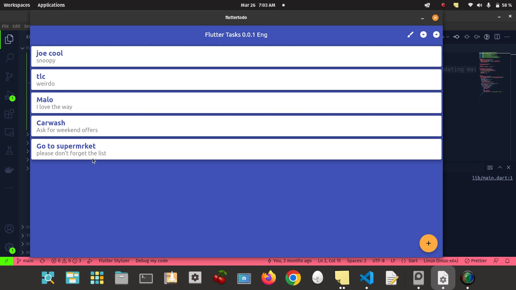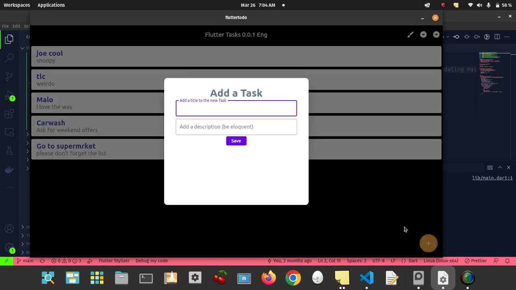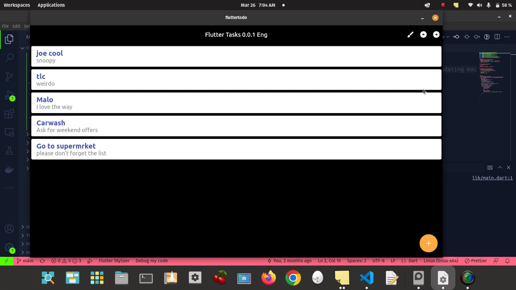All right, so what else do I have developed so far? Also, I'm using a theme provider. As you can see, I go to dark mode. Okay, also it applies to the add new task form. All right, and